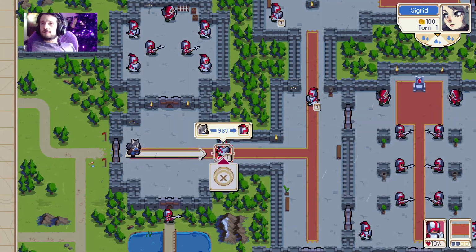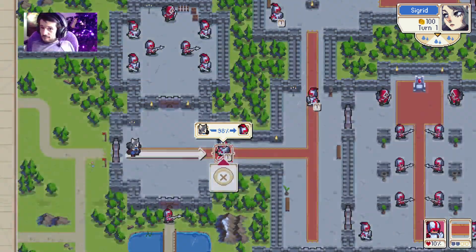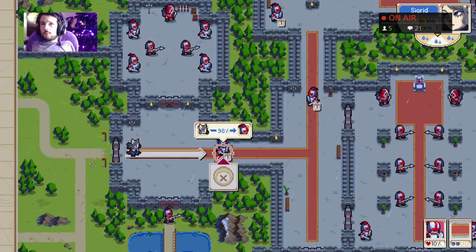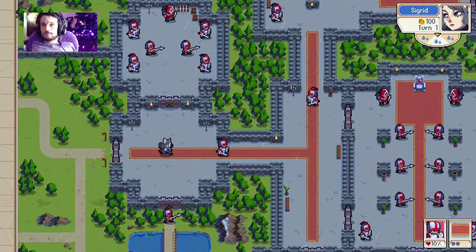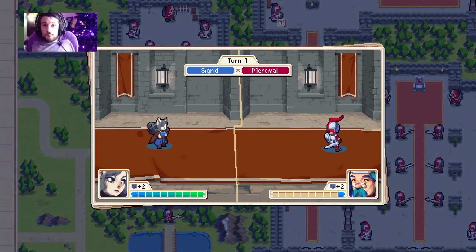And then we initiate the attack by selecting him, and then a bar at the top, much like Fire Emblem, will tell you how much of an advantage you have in the battle. So this is how much damage we're going to do. We're either going to one-shot him or darn near leave him with like 2% health. And then it cuts to this battle screen and then...